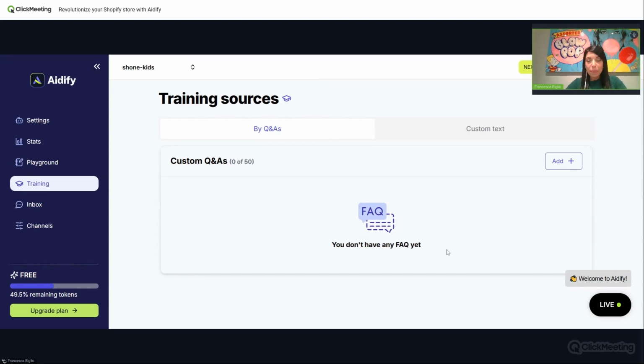So this is it. Basically, in 20 minutes, and I've been talking a lot in the meantime, we have already installed Aidify, though it only takes about 1 minute to go online. So you already have an extra team member in your team that can reply to your customers straight away from day one, without the need of spending time to learn all the information of a store, because again, Aidify collects all the information in less than 30 seconds, is super easy to set up, replies 24/7 in